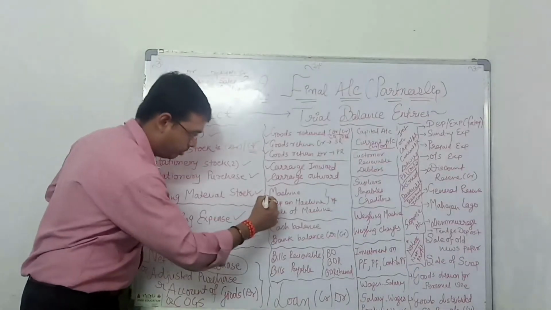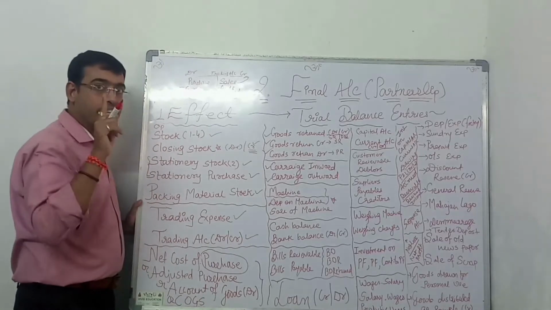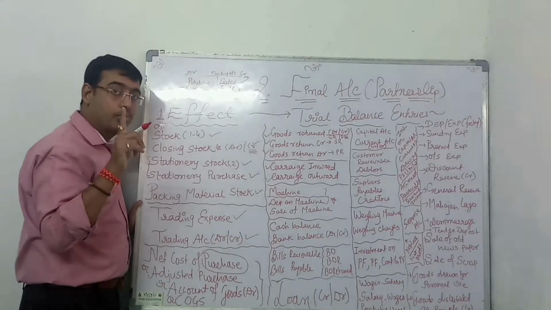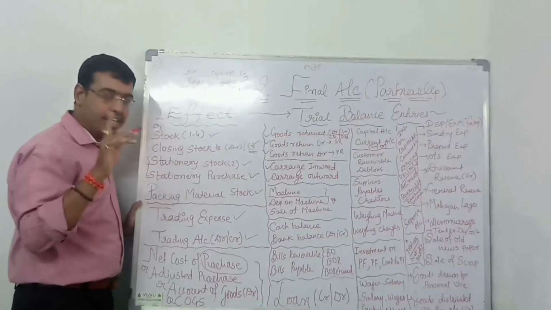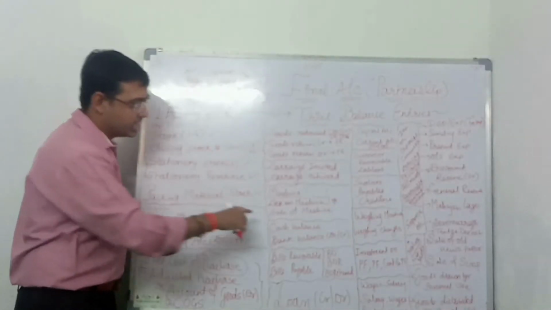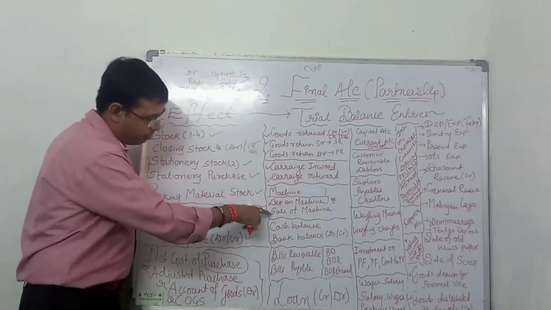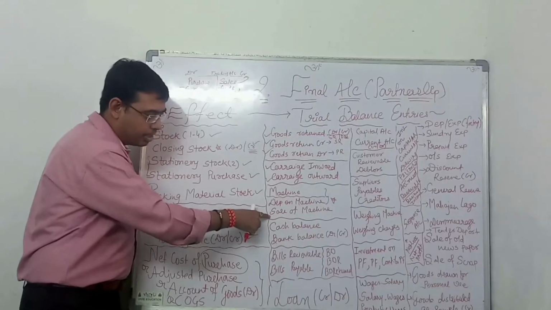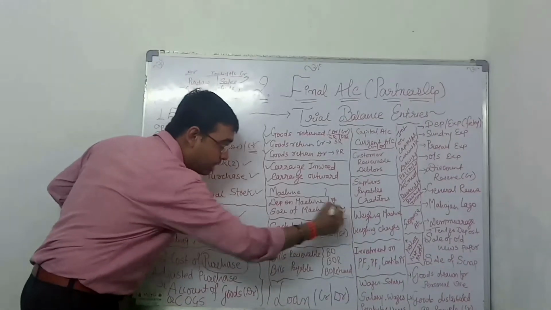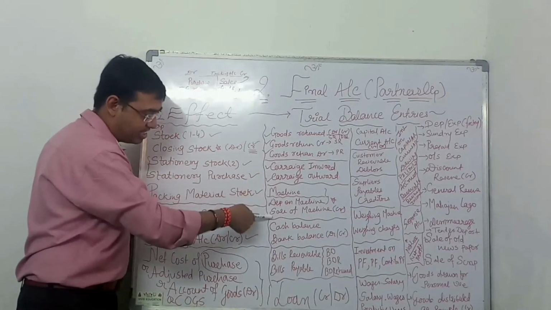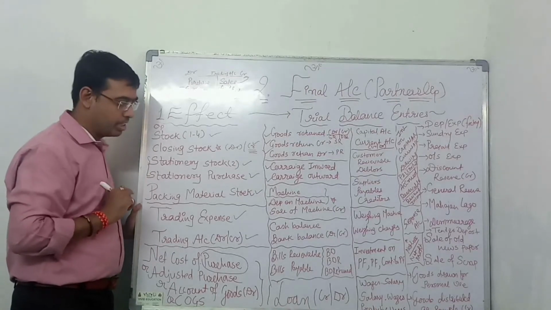However, if only depreciation on machine is given, then of course you will write it in P&L debit side. And sale of machinery is written from the asset side, but you have to subtract. It is given on the credit side, but please subtract the sale of machine from the machine account on the asset side. Okay beta ji.